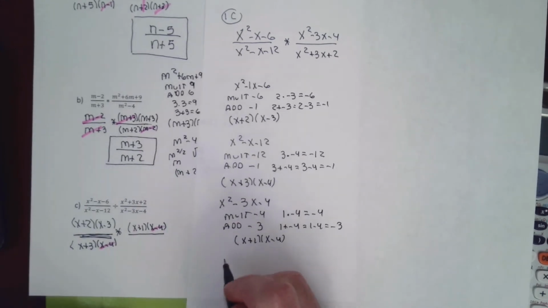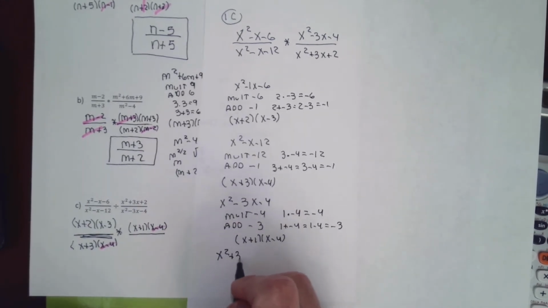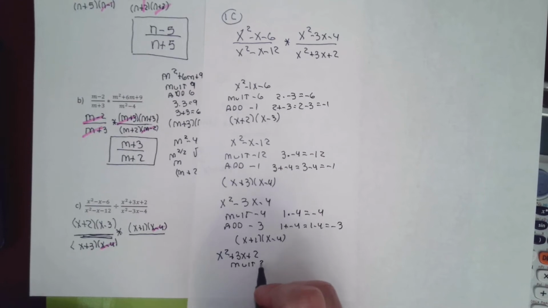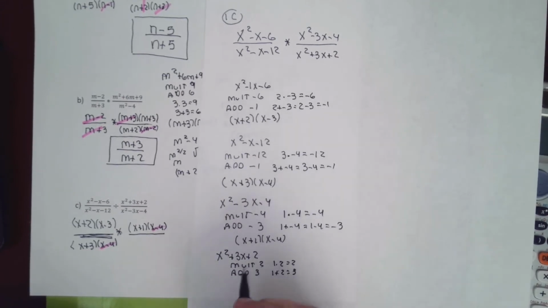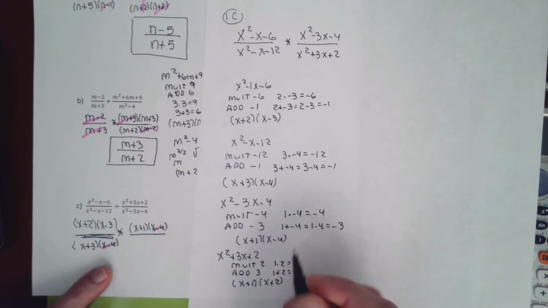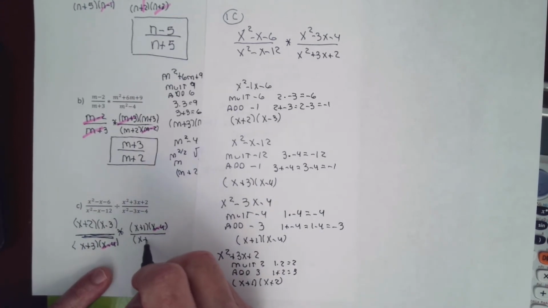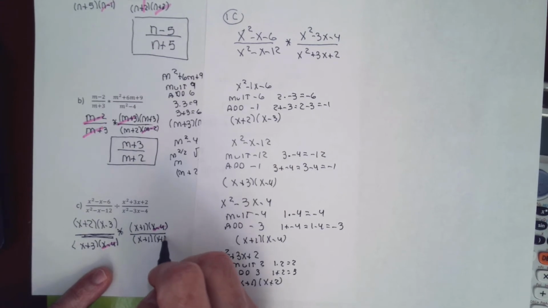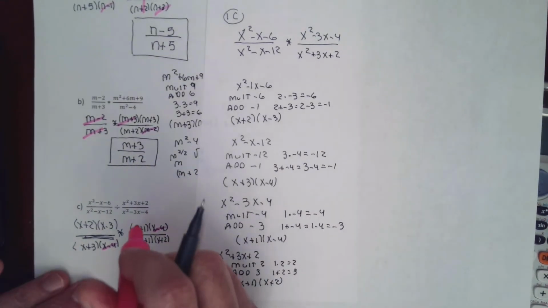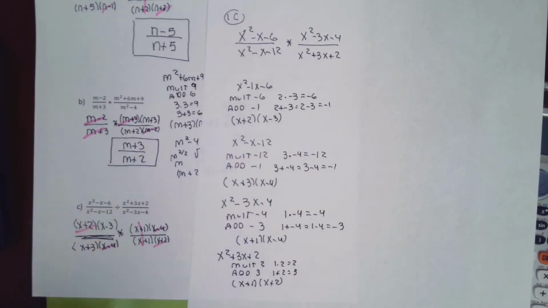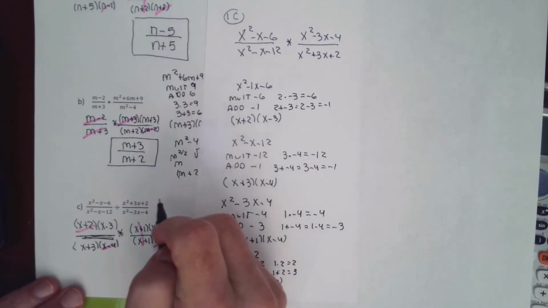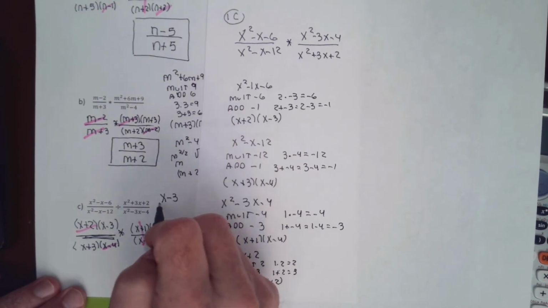The last thing I need to factor is x squared plus 3x plus 2. I'm looking for numbers that multiply to 2, that add to 3, and that's just 1 and 2 because 1 times 2 is 2, and 1 plus 2 is 3. So this guy's going to factor into x plus 1 and x plus 2. I flipped because I changed it 2 times, so it winds up in the denominator. And now I'm going to cancel up and down the x plus 1s, cross cancel the x plus 2s, and that's going to leave me for an answer an x minus 3 in the numerator and an x plus 3